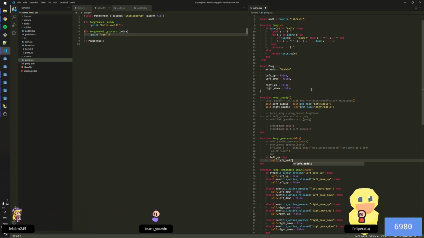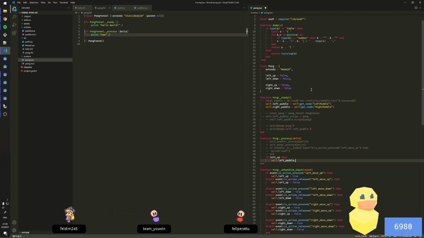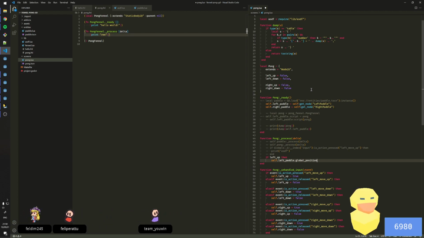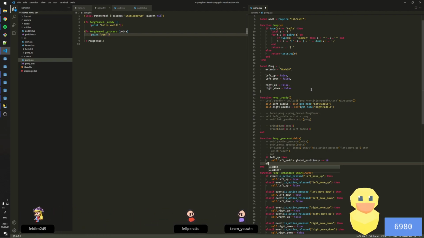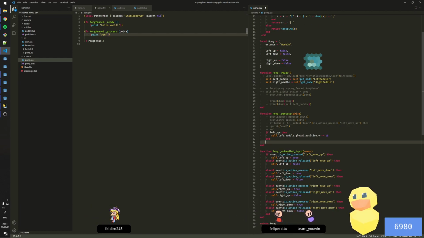So, left paddle. Let's see, I think I have access to global position because it's just a static body 2D. Oh yeah, there's almost no documentation on this, which makes this a bit tough. Y minus equals 10. And then, let's see,